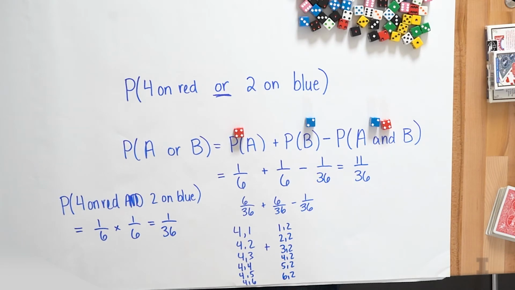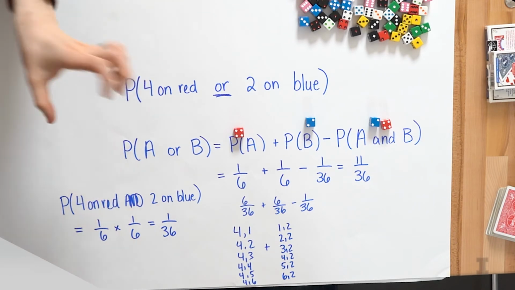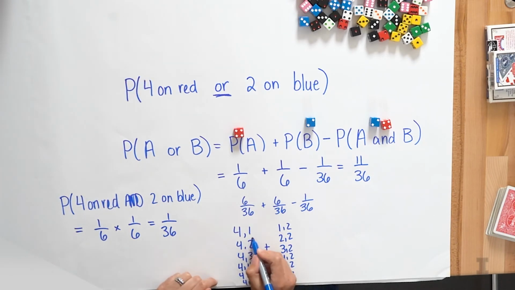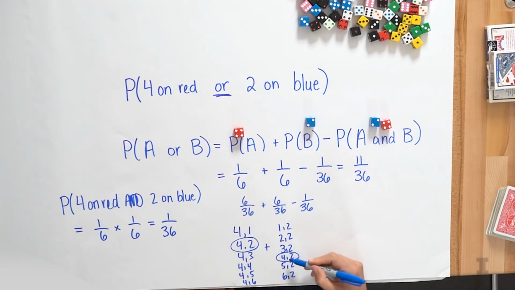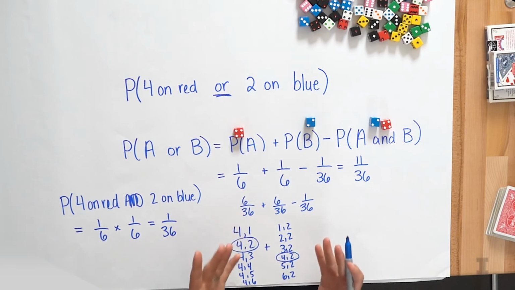But you'll notice, Wade, that I wrote one of them twice, right? Yeah, those 12 different possibilities, you're double counting one of them. I see 4 comma 2 twice. Yeah. So that's why I have to subtract this 1 out of 36. That is the probability of getting a 4 and a 2 because I don't want to double count them. But this, again, is a complicated example because dice are a little tricky to think about.